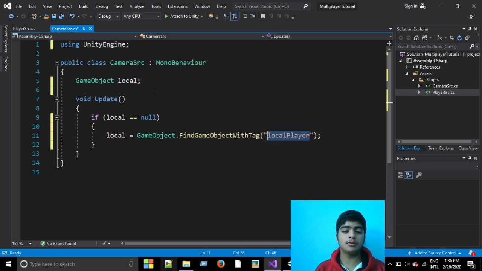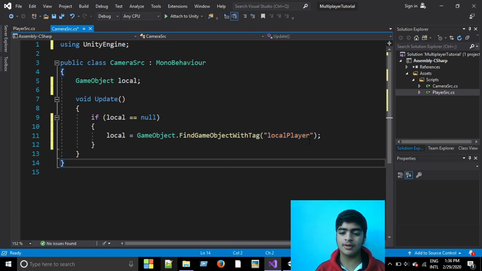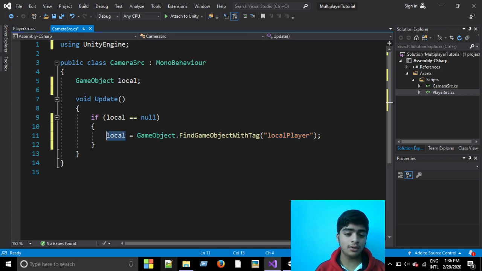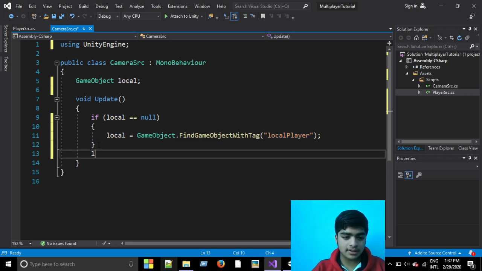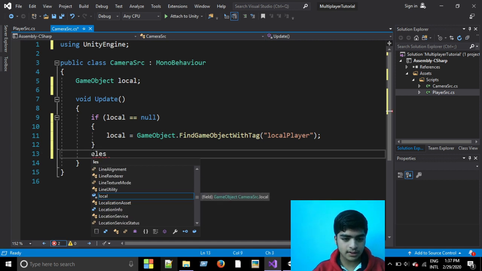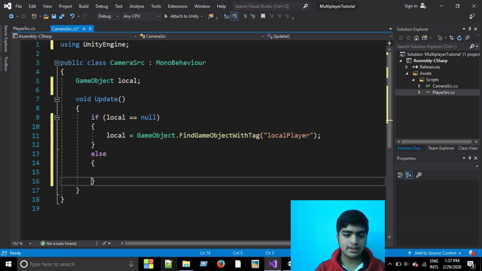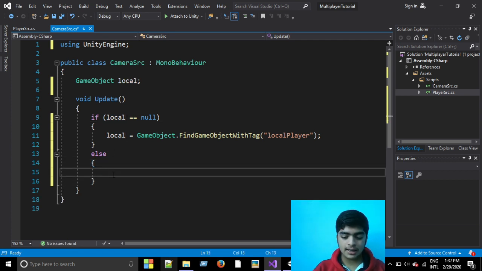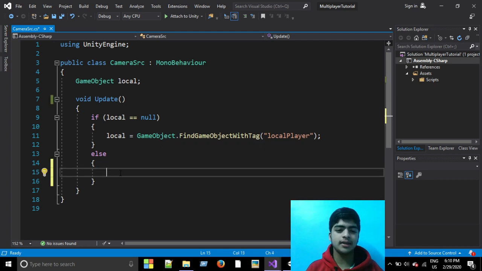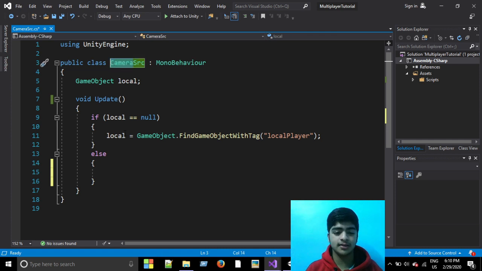And as soon as the server would be set up, then the player prefab would instantiate with its body, and one of the bodies would have a tag as local player, and that body would now be referenced to the local variable. And after this happens, that means in the else block, after it is referenced, that means now local is not null, then here in the else block we are going to sync the camera with the transform position of the body of the local player prefab. So in the else part, to sync the transform of the camera and the game object assigned to the local,